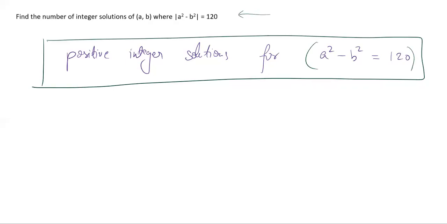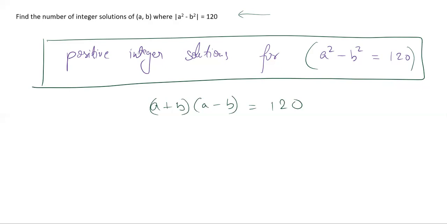So you have a square minus b square equal to 120. The first thing that should come to your mind is something like this. We can break this up or factorize this into (a plus b) into (a minus b) equal to 120. Now, there is something which is very common in these kinds of problems. Whenever you're multiplying two factors and both factors have the same type of variables involved, this idea can be used in a lot of different problems. That is to check the odd-even parity.